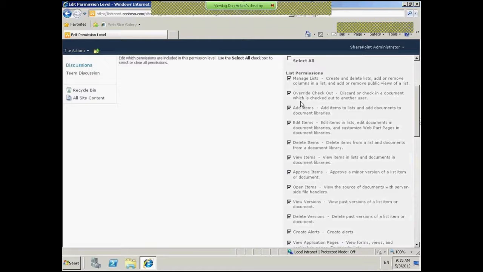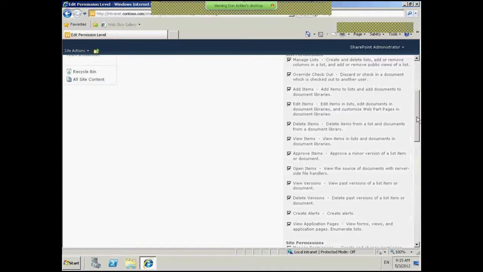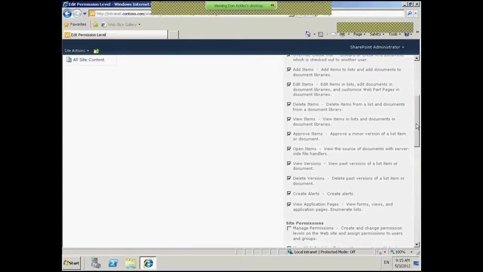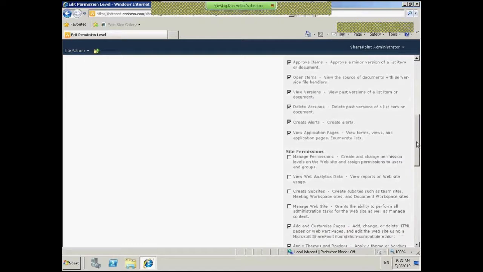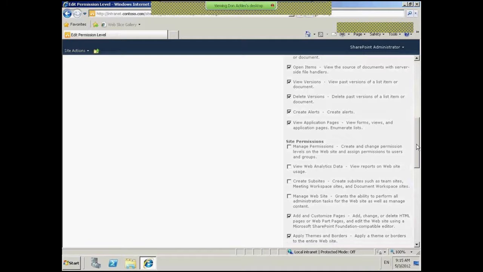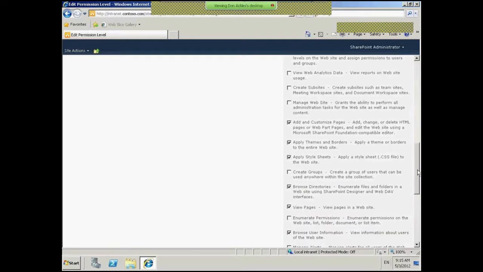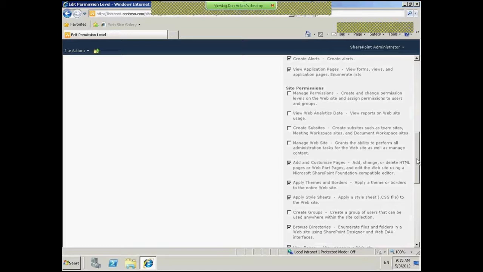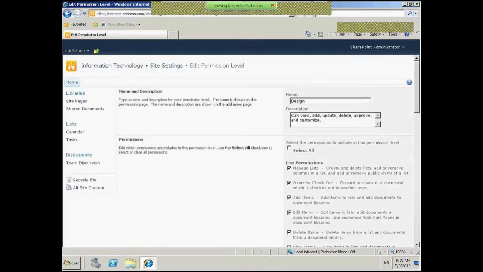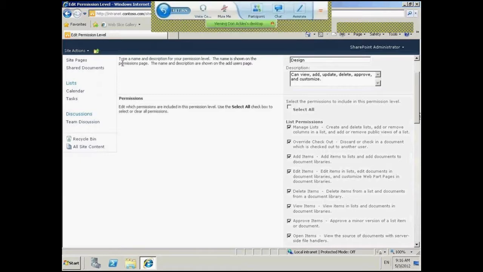And down here, in terms of adding items, editing items, deleting items, viewing items. Okay. I'm actually going to go now and come back in here within the next little while again, but we're going to come in and start defining a custom group. Because what we have here right now is the design. These are the permissions that go with design. If I come back up one level, like permissions,